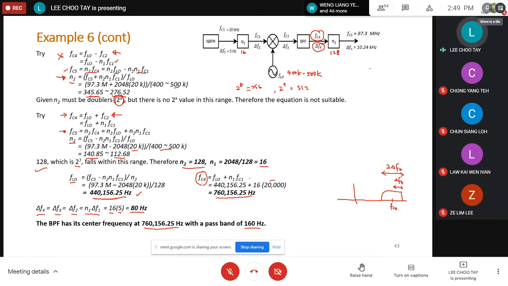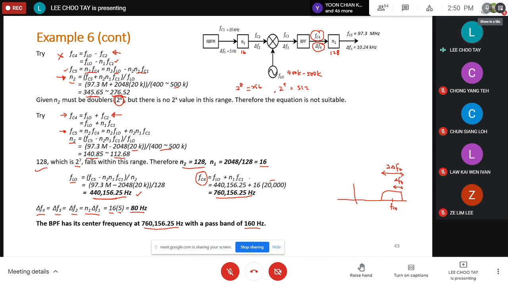Okay, so when you're asked to design an Armstrong FM modulator, I think the most difficult part is to find the correct FC4, isn't it? Because there are 4 possibilities there. And how do you know which one is suitable? You can use trial and error, but if the first one doesn't work, then I have to try a second one, right? If the second one doesn't work, I may have to try the third one, which is FC2 minus FLO, or the fourth one, which is FC2 plus FLO.